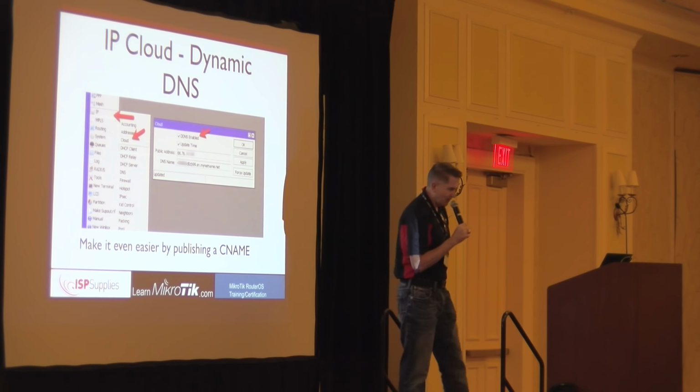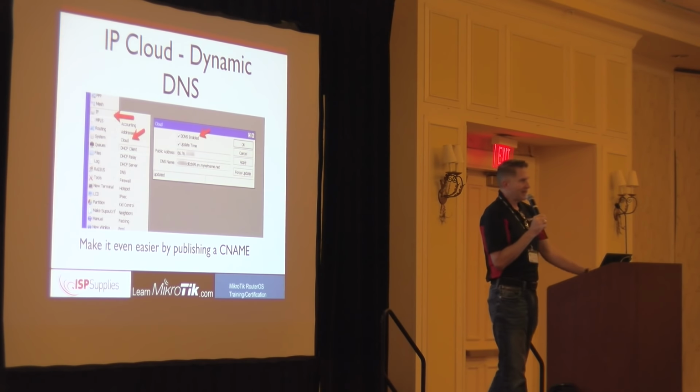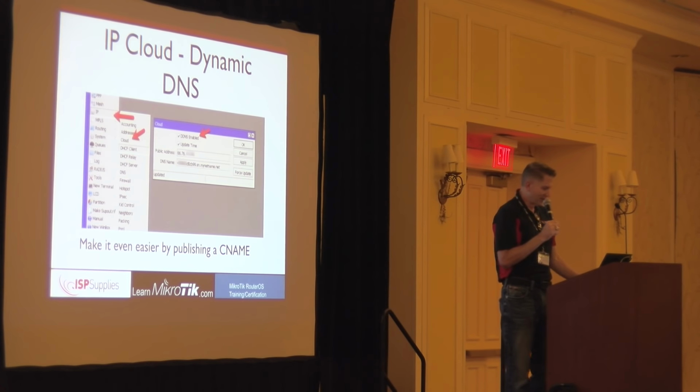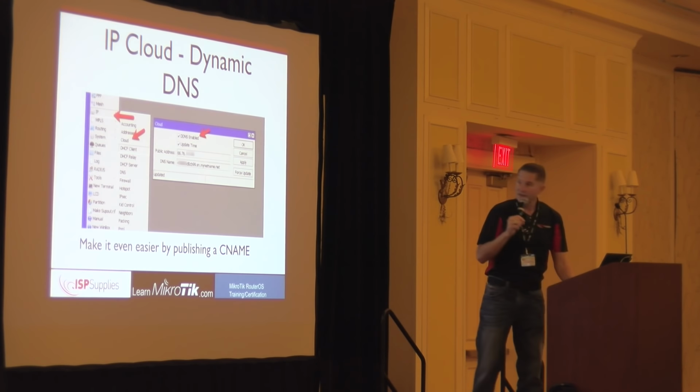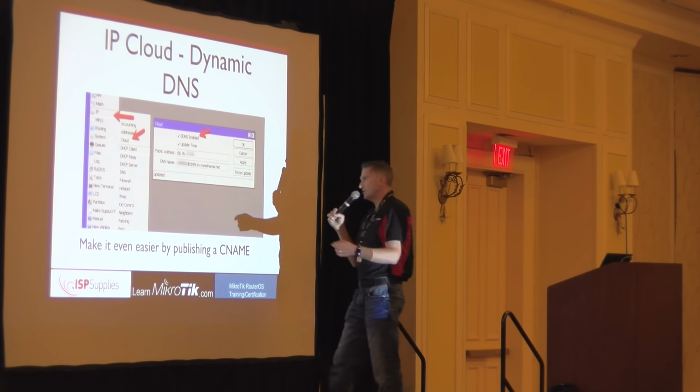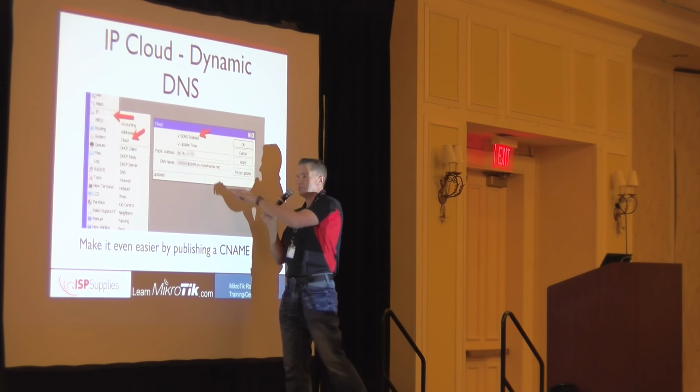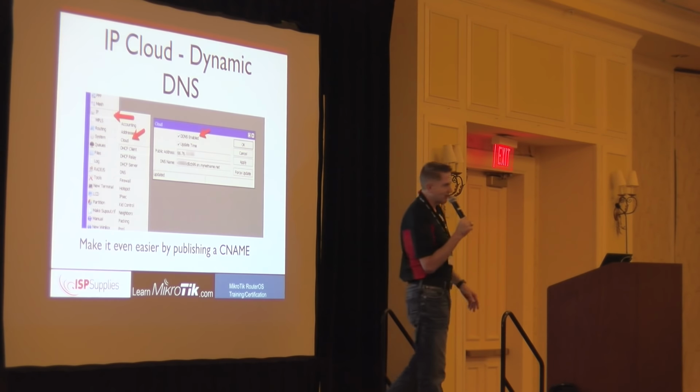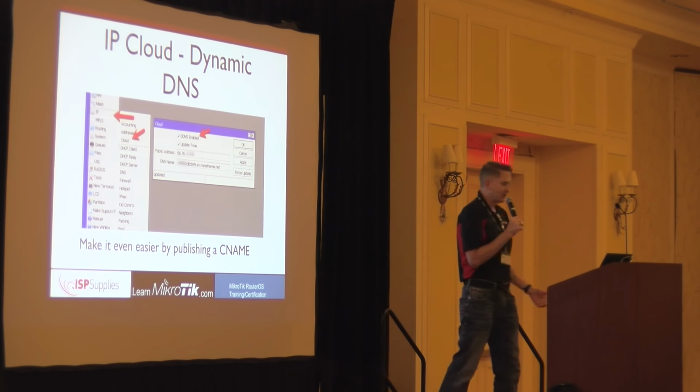So anytime your public IP changes, it will update, and you'll be able to get to your device without any interruption. Now, I don't have a great memory, so trying to remember that serial number and all of that, I can't really remember it. So what I do is I control my own DNS, and I use a CNAME. A CNAME is basically a DNS name that stands for another DNS name.